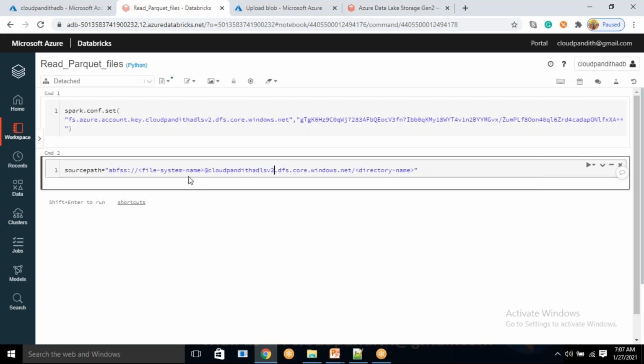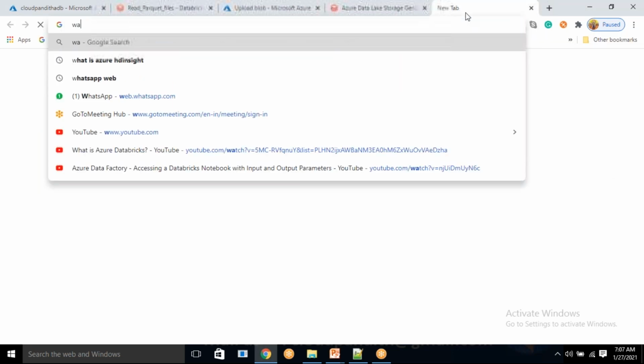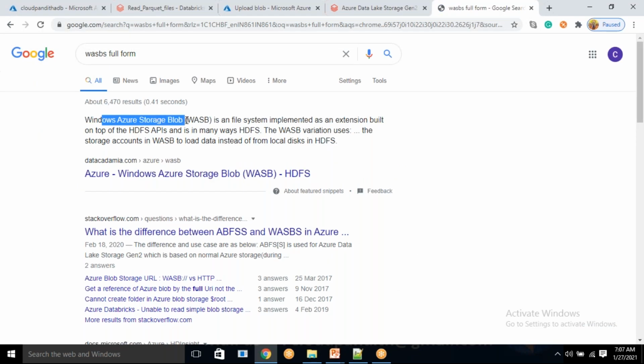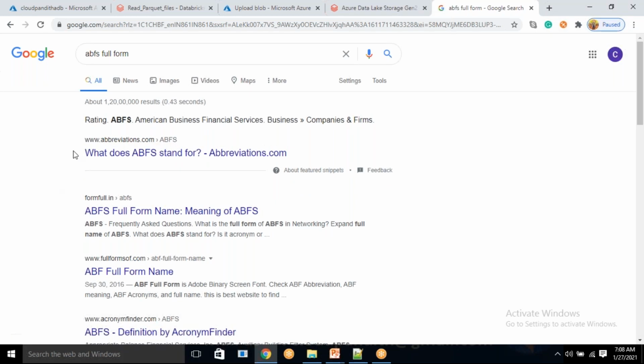Malaya asks, what's the difference between WASBS versus ABFSS? Well, this is an abbreviation. Okay, let me tell you. WASB full form: Windows Azure Storage Blob. W means Windows, A means Azure, S means storage, B means blob. Okay, WASBS, S means secure. Okay, that is secure. In the same way, ABFS full form,